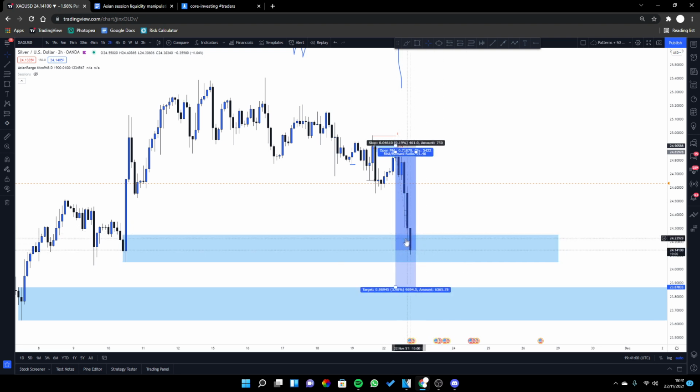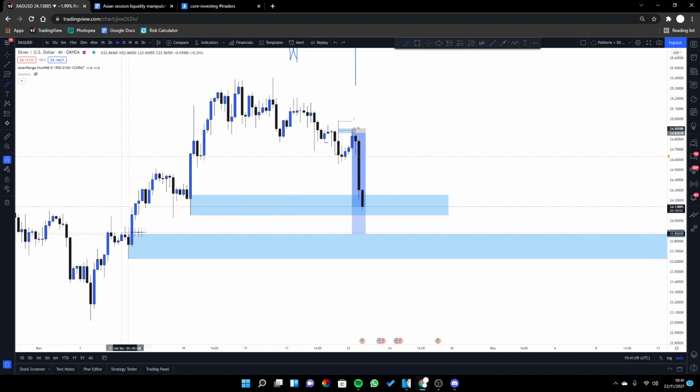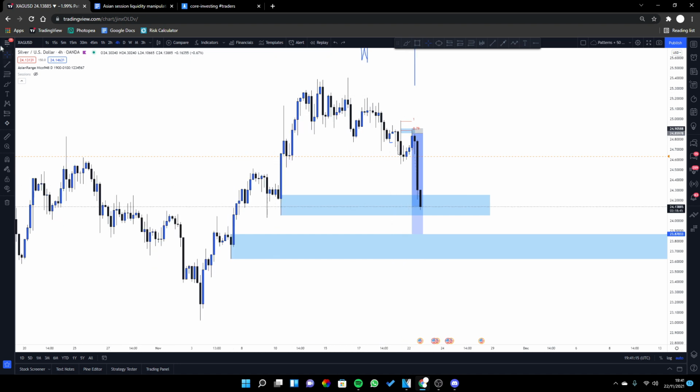So I did take partials at this area. And then also, if the market comes down here, this 4 hour area, I'm going to also take partials at this 4 hour area too. So those are the two places that I would look to get out of this market and close my silver